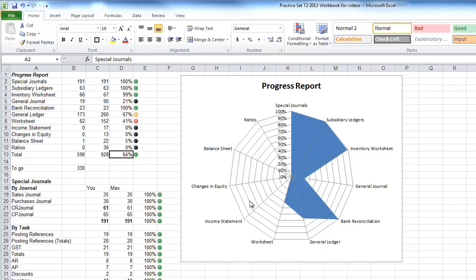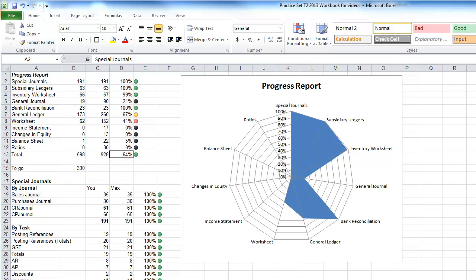Worksheet, we've got started, but none of the financial statements or the analysis of those financial statements in terms of the ratios have we addressed. Now, that's the quick look at that to get an idea. You can look at a bit more detail in terms of graphs, if you just want graphs, by going to